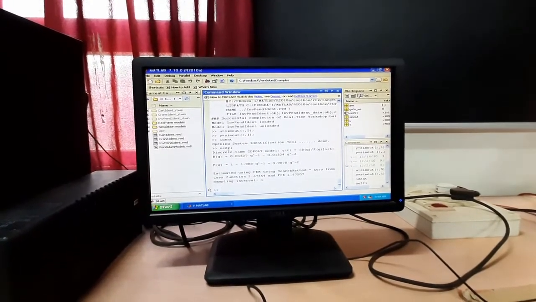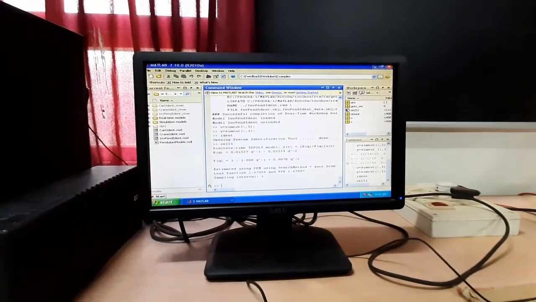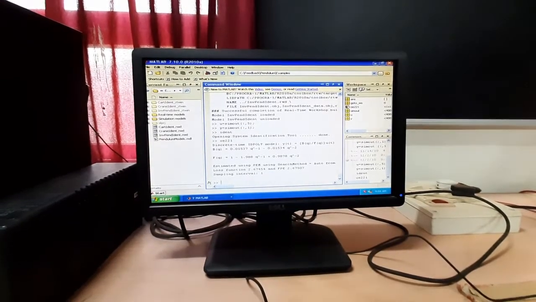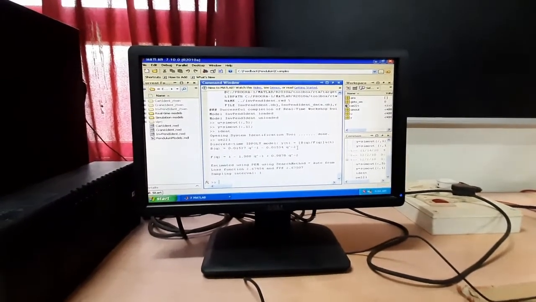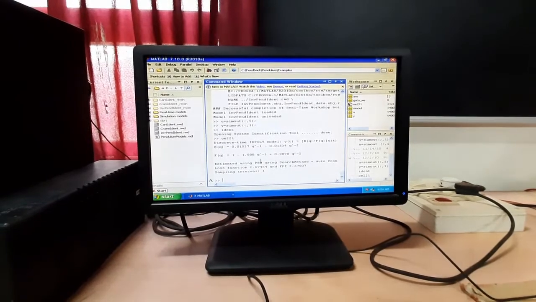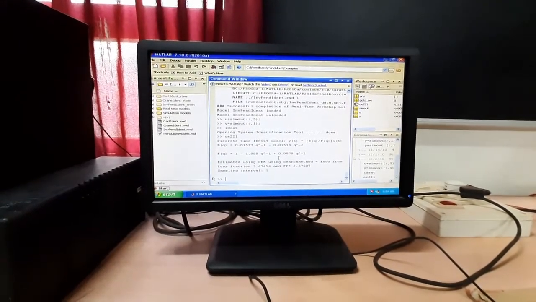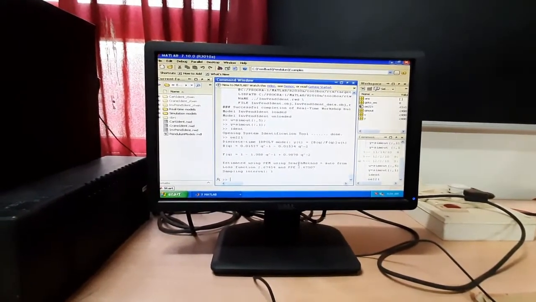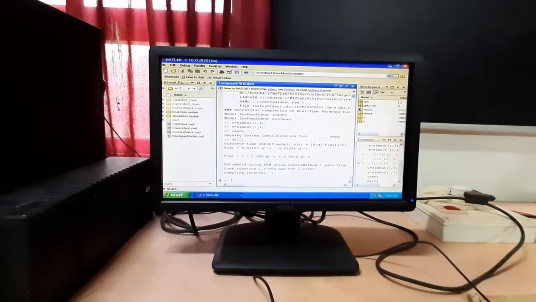By giving the command of OE221, we have got this discrete model. By using the Laplace transform, we can find the P, I and D values from here and put this PID value in the controller.